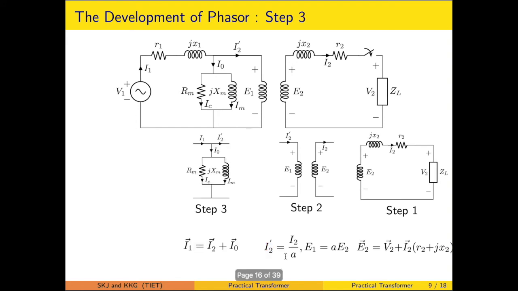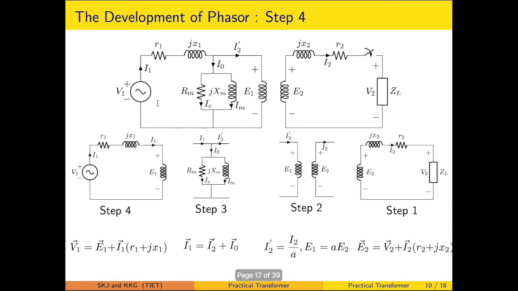The third step is we have to account for the effect of this no load current. So here we will see that I1 is exactly equal to I2 dash plus I0, and that is dictated by KCL. However, please be mindful that this is also a phasor relationship. Once we are able to calculate I1, and we know the value of E1, you can associate them and find out V1 as a phasor sum. Likewise, this is also the AC system concepts that we will be using.